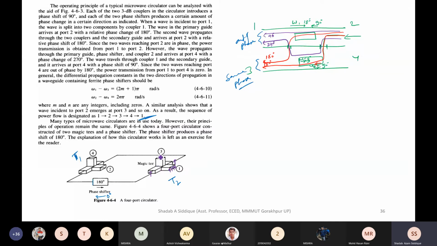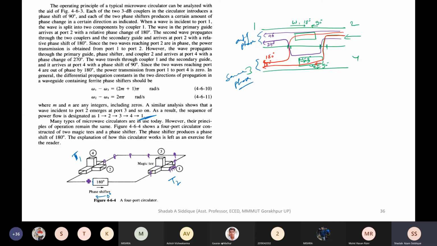But when we apply input from the E arm, these two ports will be out of phase but equal in magnitude. But I'm just talking about the E-H plane T, and about when we apply input at port 1, then what will happen. When we apply input on port 1, the wave in this direction will be in the same phase, and this wave is coming to this path, and it is coming to this path.